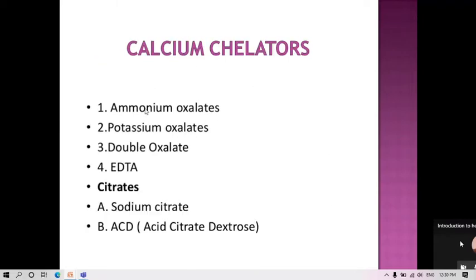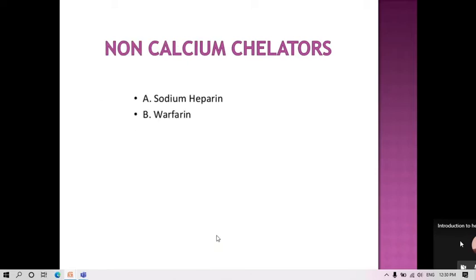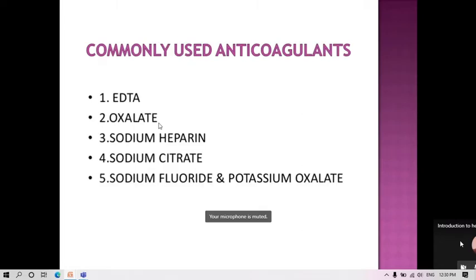So in the calcium chelators, we have ammonium oxalate, potassium oxalate, double oxalate, and EDTA. And among the citrates, we have sodium citrate and acid citrate dextrose, which are used as anticoagulants in the blood bank. And among the non-calcium chelators, we have sodium heparin and warfarin. So the commonly used anticoagulants are EDTA, which we use in our laboratories as dipotassium EDTA, because this kind